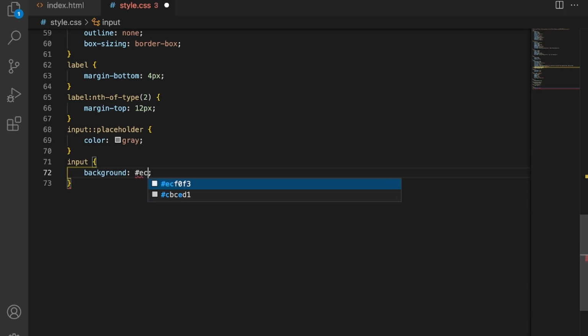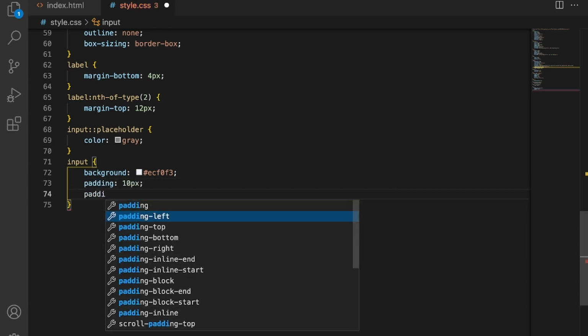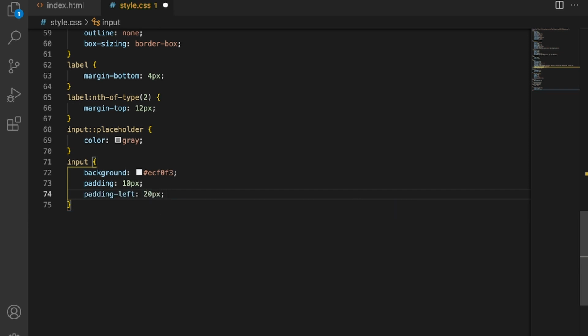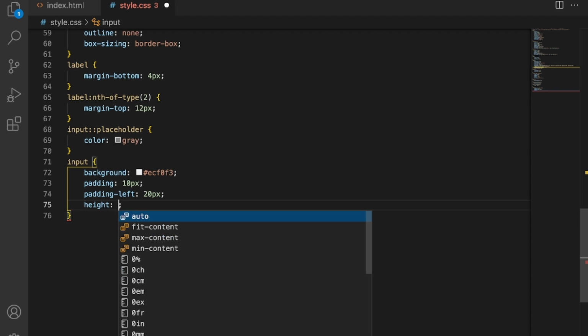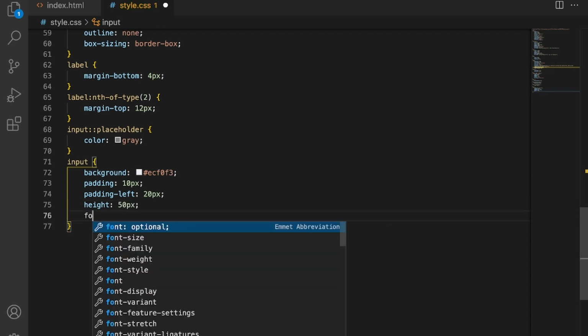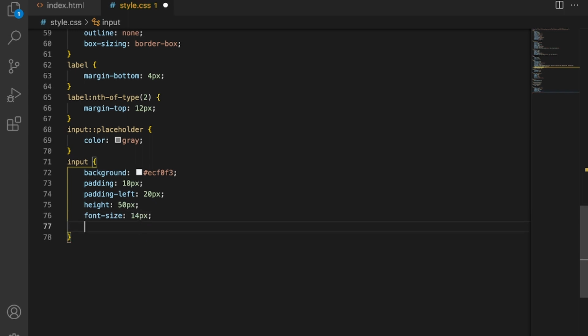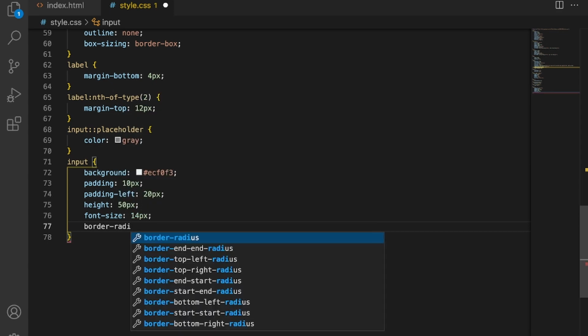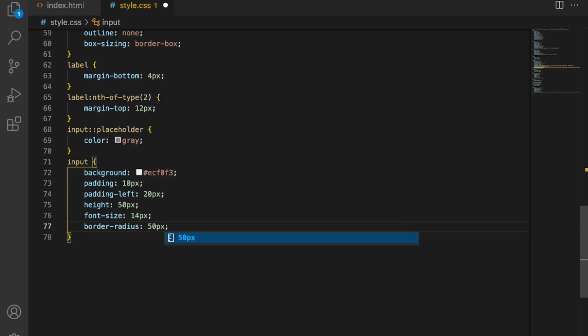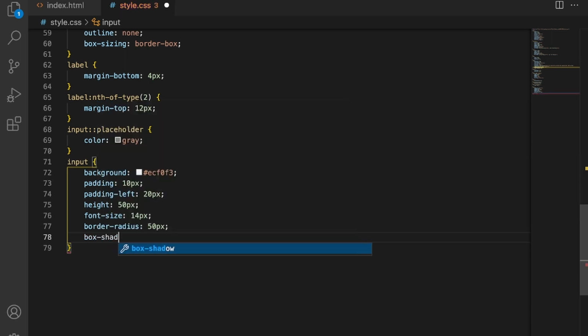So here I will write #ECF0F3 and padding 10 pixel, padding-left 20 pixel, height 50 pixel, font-size 14 pixel, border-radius 50 pixel, and finally box-shadow inset 6 pixel and again 6 pixel.